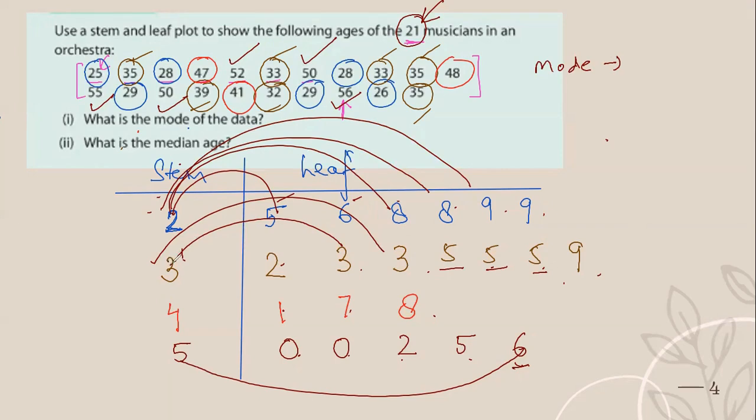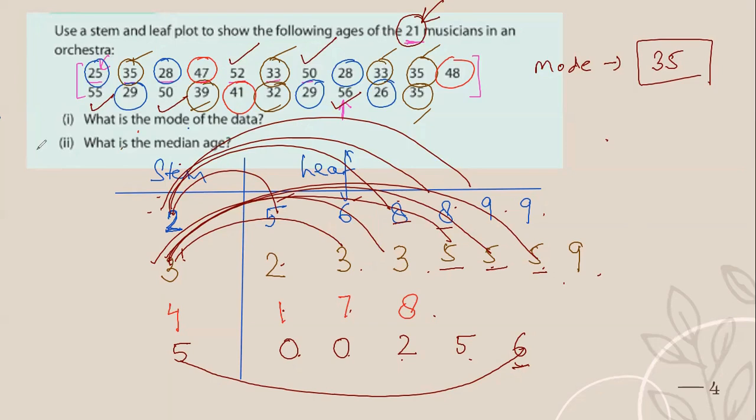So we have to connect this number with the repeated leaves, right? So 35 is the mode, which is the most repeated observation. 35 is coming 3 times, and all the other numbers with common leaves, like 28, 28, 29, 29, are coming 2 times. So we have to take the most repeated observation. Now let's find out how to